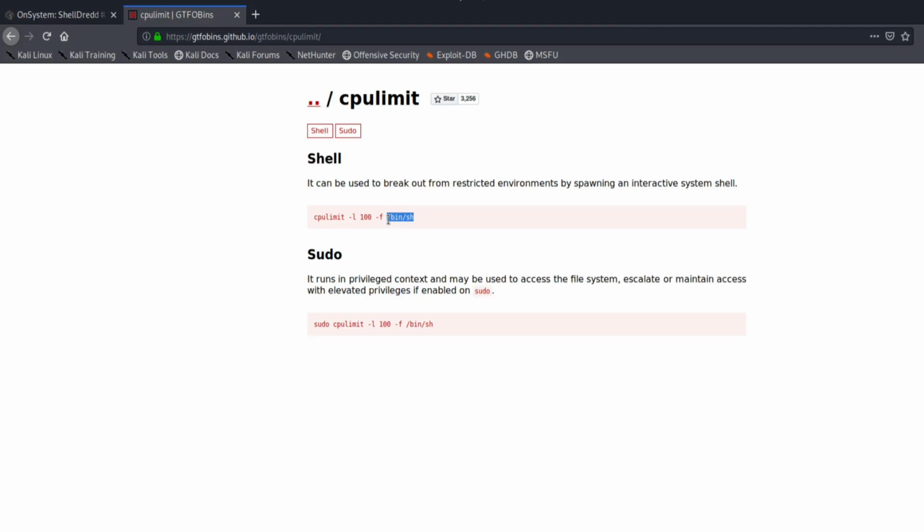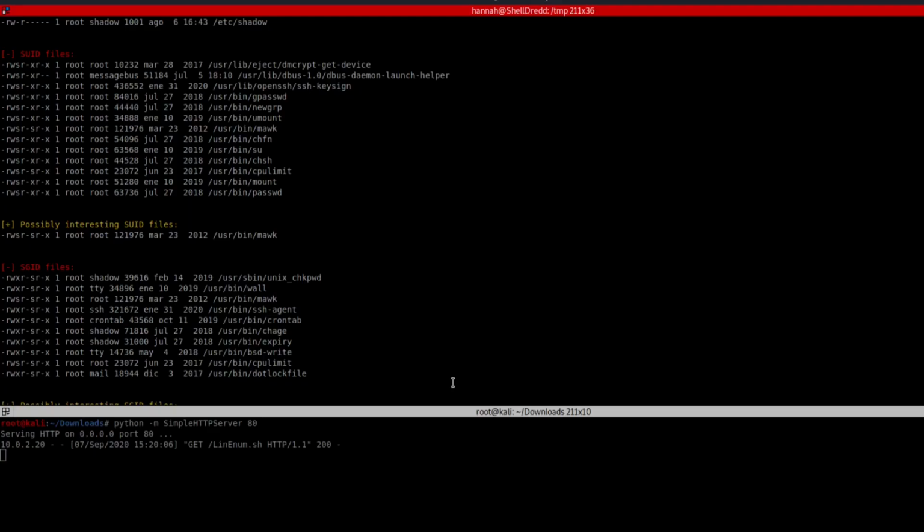By shell I mean that it is just an interpreter, an environment that takes the commands that you're giving and converts them into some format that the system can understand. So root has a shell which is called /bin/bash. That is what we have to try to get access to here. What he's trying to suggest is use this command to break out of the restricted environment and get into the root.